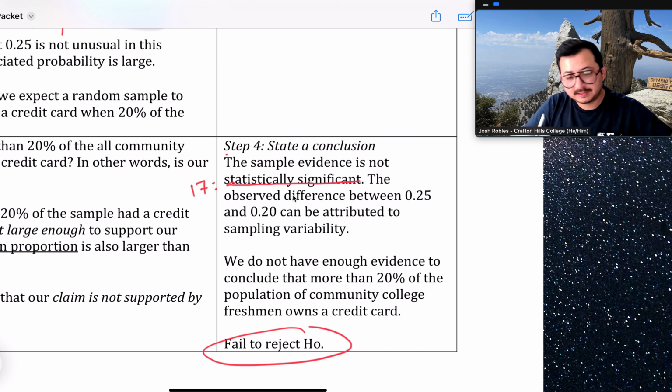just means it's not far enough away that I'm questioning, is the 25% not actually from a population of 20%? Right now they're close enough that it could be 20%. And so in a more practical terminology, this next sentence is really the one that I like the best here. We do not have enough evidence to conclude that more than 20% of the population of community college freshmen owns a credit card. So that is the big wording here that I'd like you to know, but all these